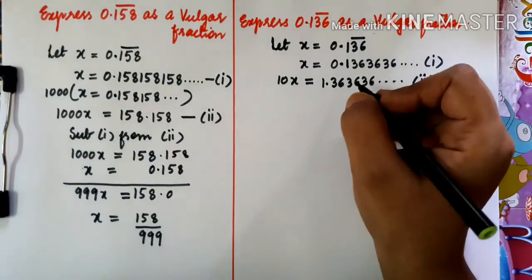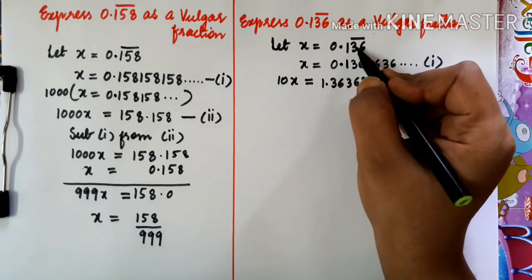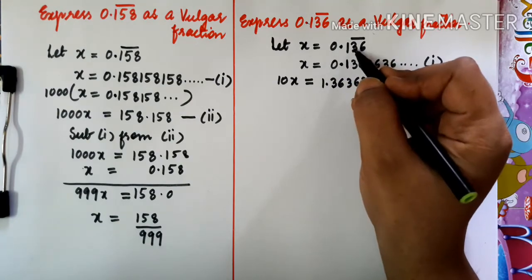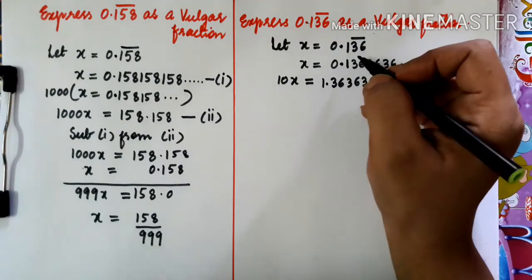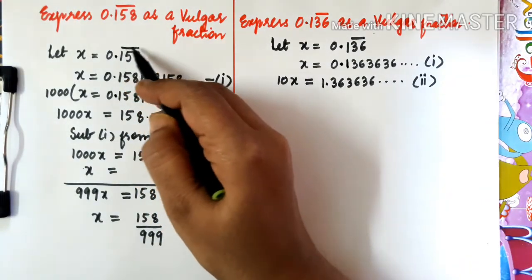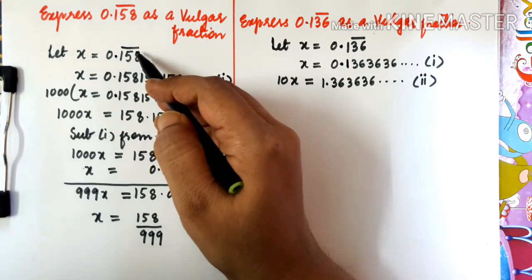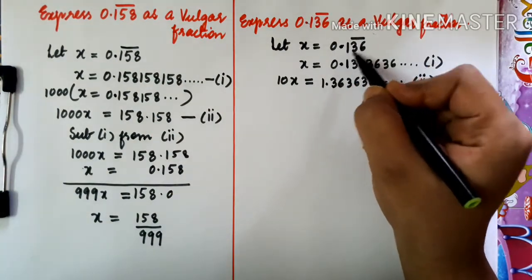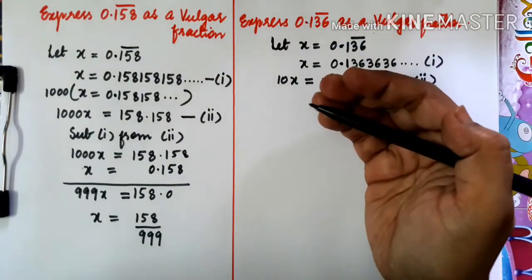Now the third step. After the point, how many digits are there? In most problems, you look at how many digits are after the point and how many digits the bar is placed on, and according to that you multiply, with either 10, 100 or 1000. But over here, after the decimal point there are 3 digits, but only on 2 digits you have got the bar. So for that you have to do one more step over here.